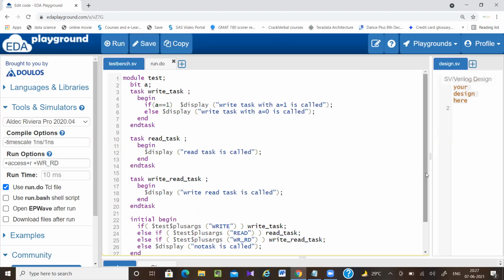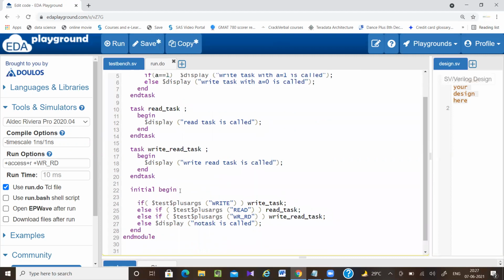So how am I going to use it? $value$plusargs. Here the value name I'm giving is a value equal to %d. So if you want to pass some decimal value, you can add %d, binary value %b, any string value %s. Whatever format specifier you are using for $display, the same format specifier you can use here.